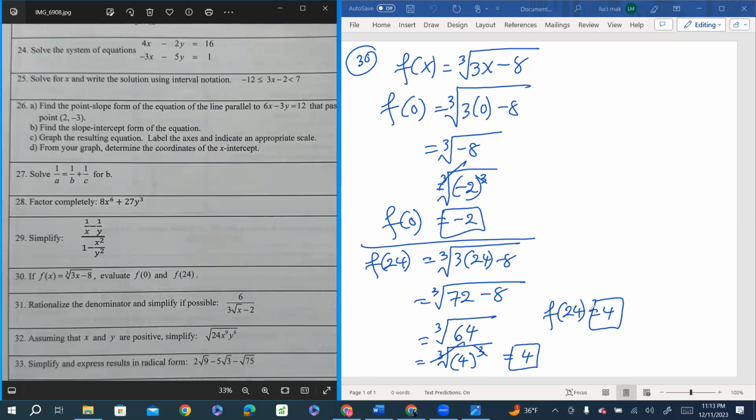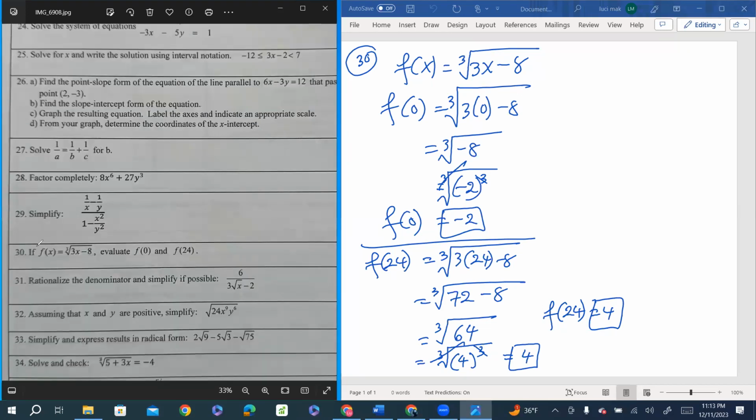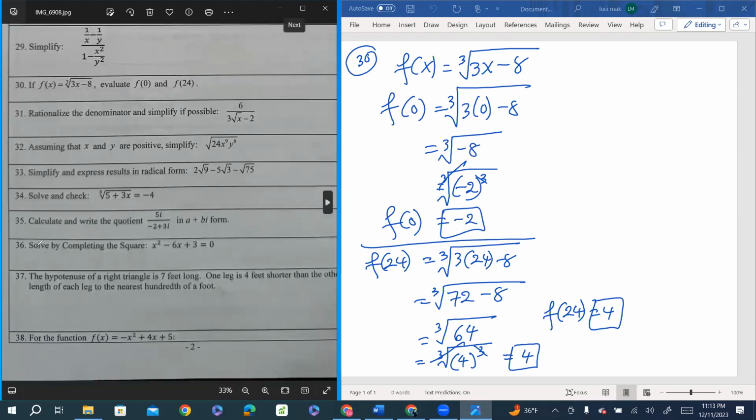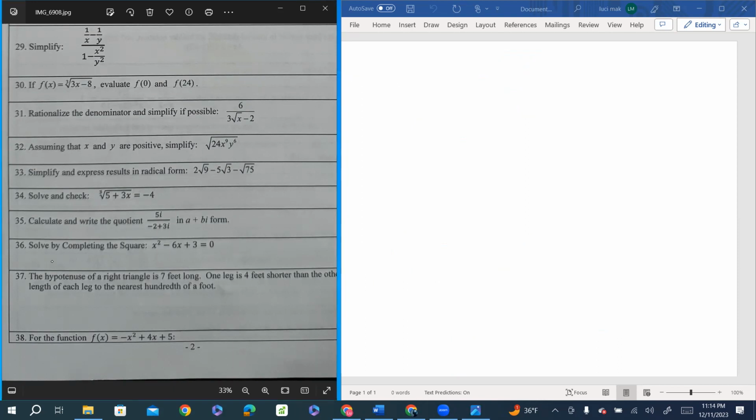All right, let me erase 30 and do 34. Let me also move this up as much as I can. I think that's about it. All right, let's do the next one. Let me erase this as well. So next question,